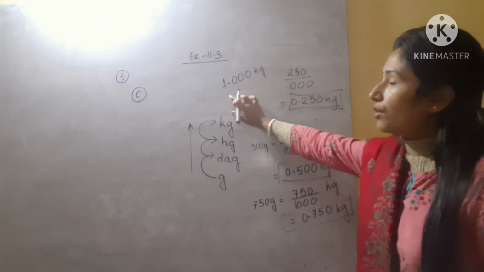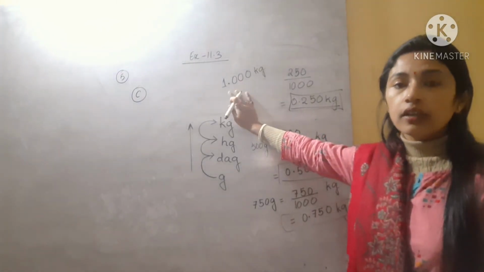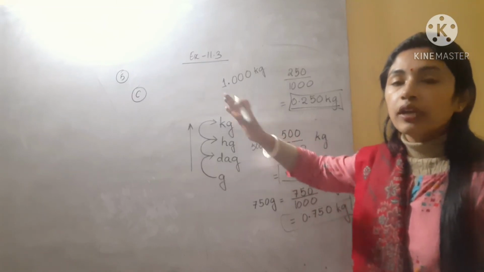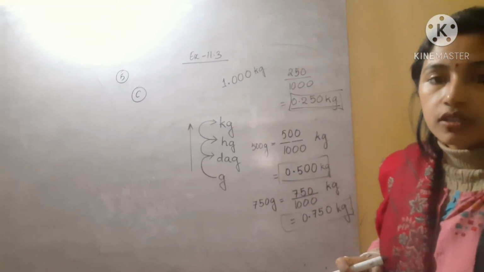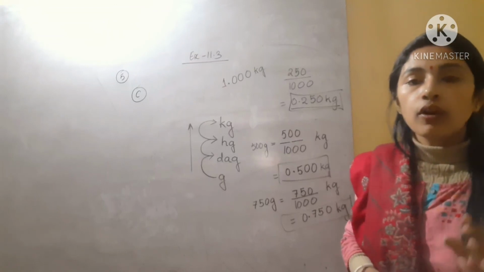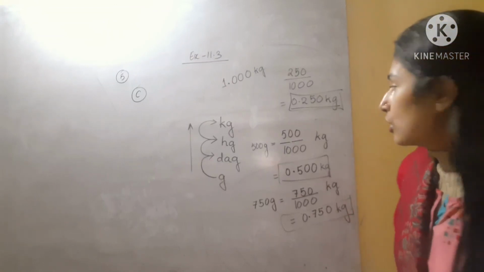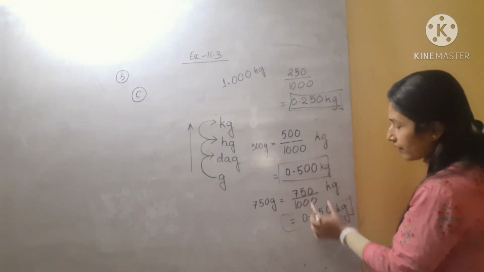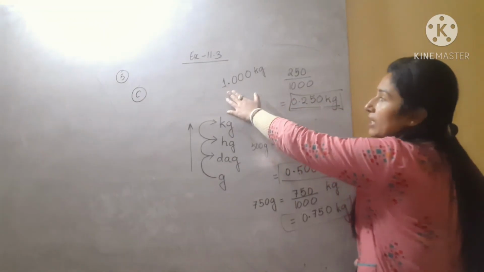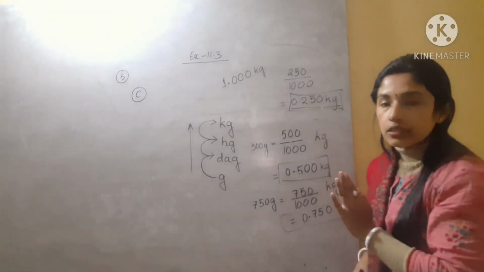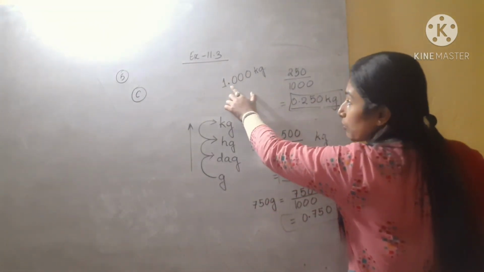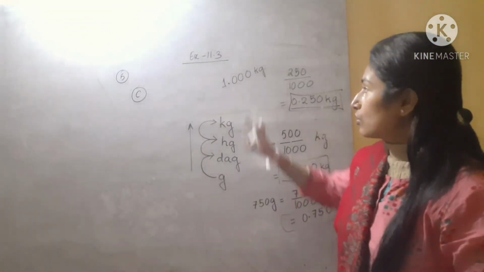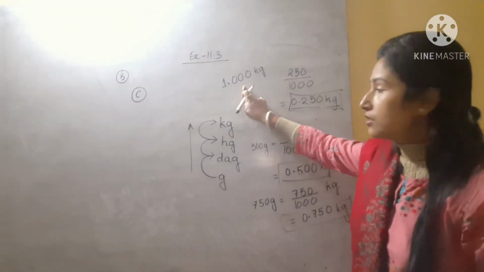Yes, already we know, in the decimal chapter we have studied, okay, what are like decimals, how to make like decimals. Okay, like decimals means what? After the decimal point the number of digits should be what? Same. So see here, they all are like decimals because after the decimal point there are 3 digits. But here for making 1 kg into the like decimal we have to put a decimal point after 1 and we have to put 3 zeros. Okay, so 1.000 kg is the weight of orange.